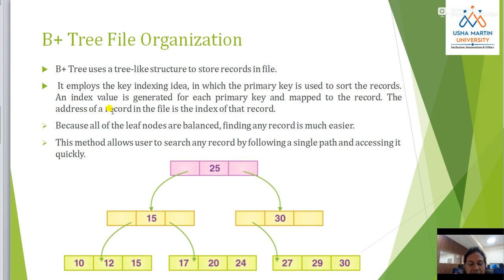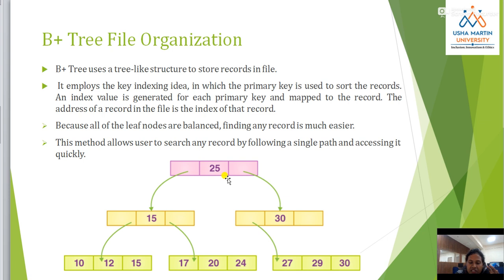The next is B plus tree file organization. It is also very easy, and in the diagram you can see that the data will be stored in a tree-like structure to store the records in the file. Here we have to follow the rule of the BST, binary search tree method.